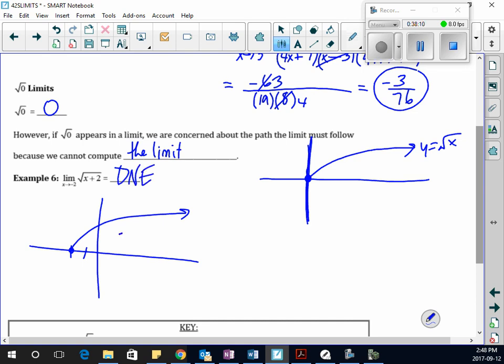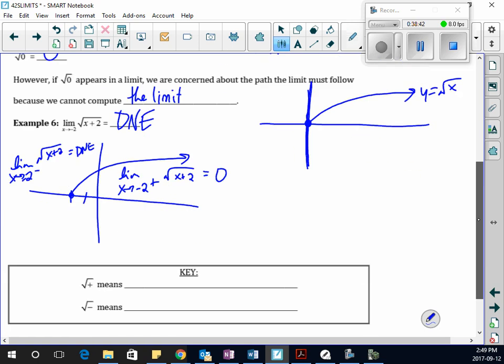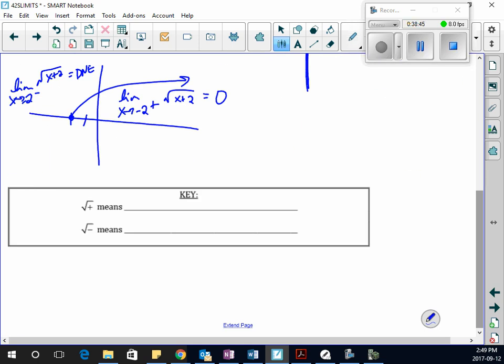So maybe I'll write that out. The limit as x goes to -2 from the right-hand side, remember how I designate the right-hand side as the superscript plus, of the square root of x plus 2, that equals 0, but the limit as x goes to -2 from the left-hand side doesn't exist. So because one side doesn't exist, you can't have them going to the same value, right? So the whole thing doesn't exist. So the key here is the square root of positive numbers coming in